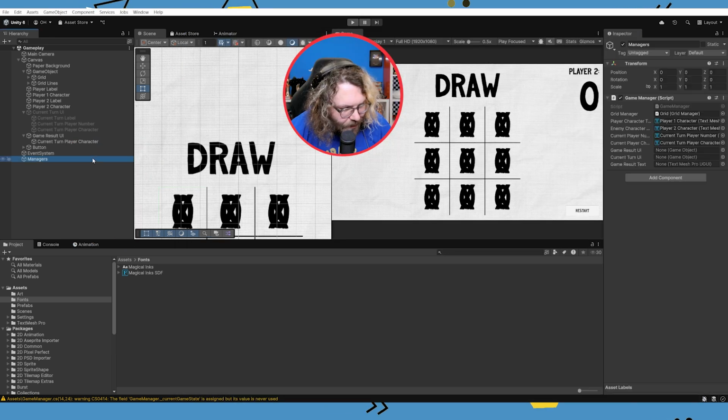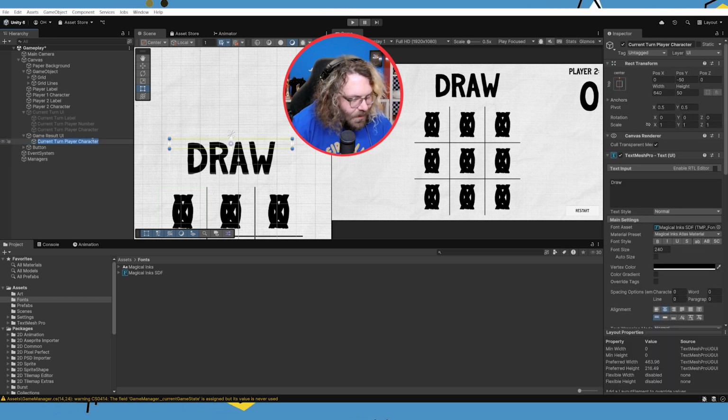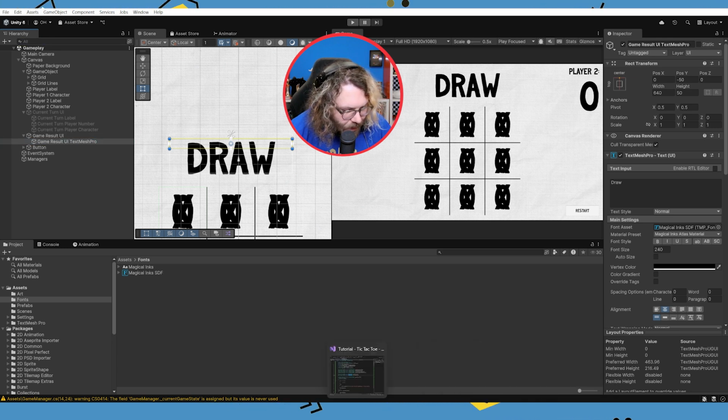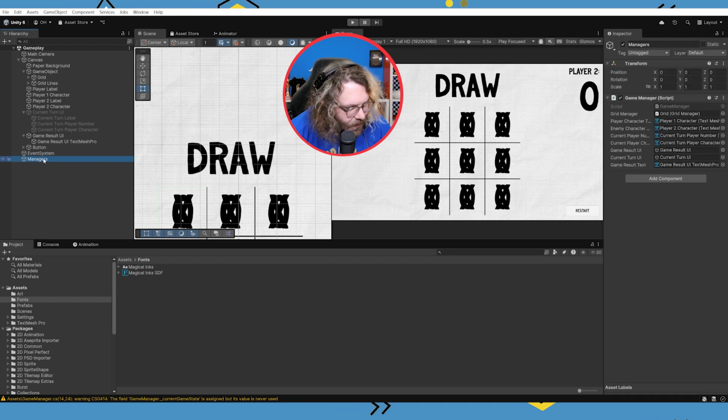Cool, let's assign those now so we can see. Our game result UI is this game result UI game object. Our current turn UI is this one. Our game result text is that one, but we can rename that to game result UI text mesh pro. Then in our script, if we just go back to managers and then game manager, when we start